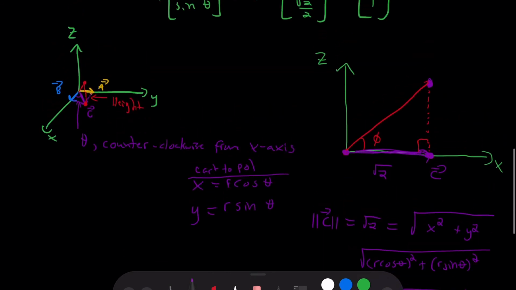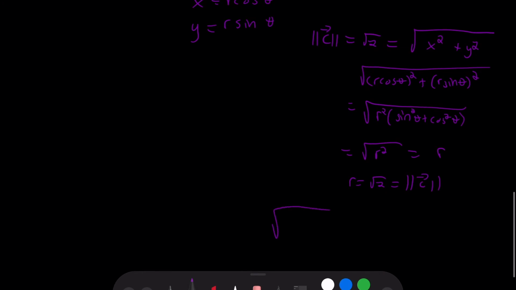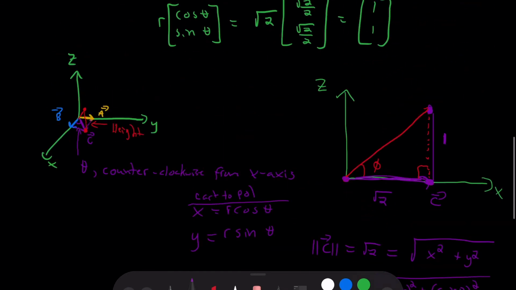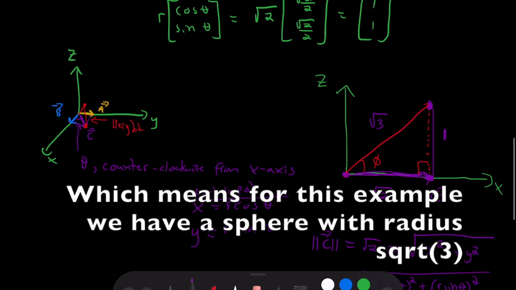So let's pick a height. Let's say that this length here is 1. Then using that same theorem, what we will end up with is root 3, meaning that this side here is root 3. And then,